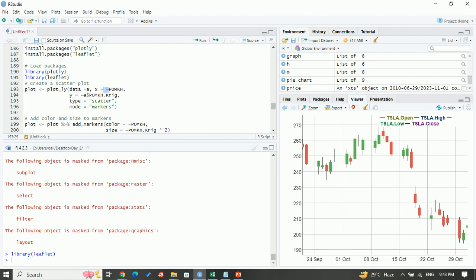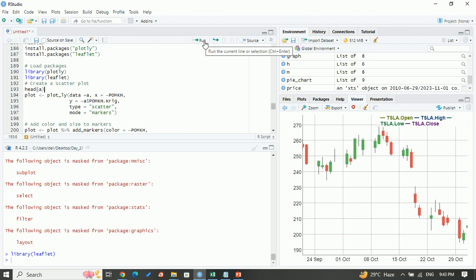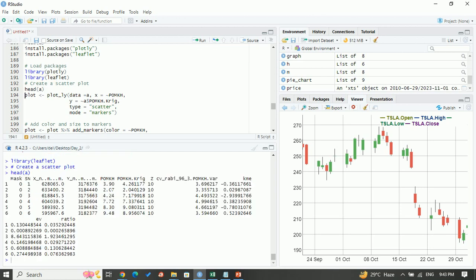Now your data is A, you know about the A. If you have forgotten your data A, then just write head and write A. This is your original data, which I have shared with all of you. See that this is your data and there are 11 variables in this. Okay, now I'm interested to plot a scatter plot between two variables. One is pom kh, another is pom dot kh 3. This is my original raw data and this is the simulated data. Okay, I want to plot a relationship between these,